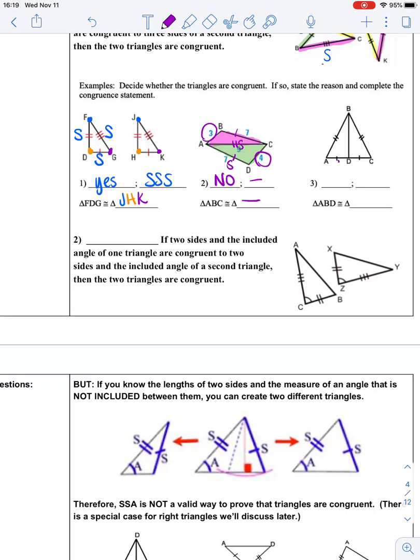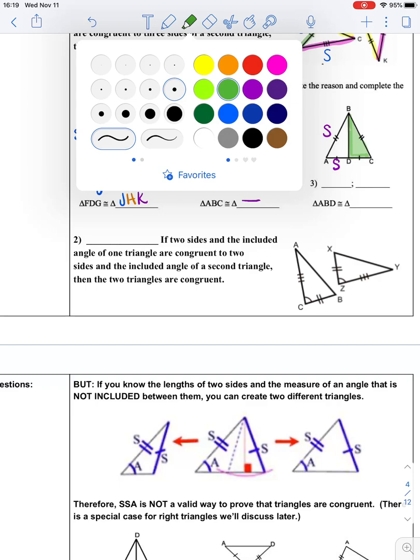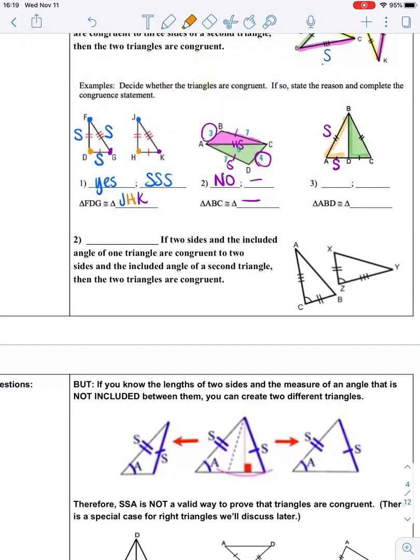Then this last one, let's look. So I have AD matches with DC. There's one side. I have AB is marked to be the same length as CB. So I can mark an S. And so then I look. Well, again, don't forget, this comes up a lot. So anytime you have triangles that share a side, you're going to have that